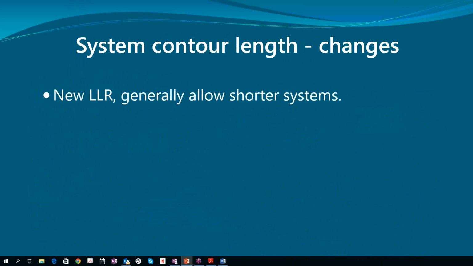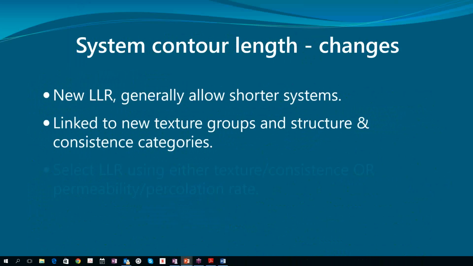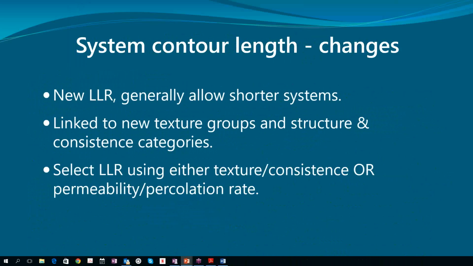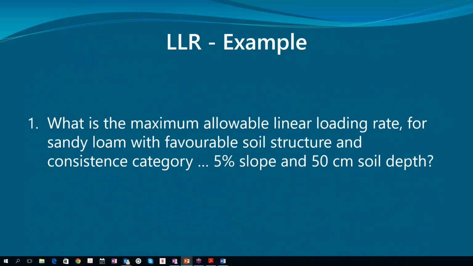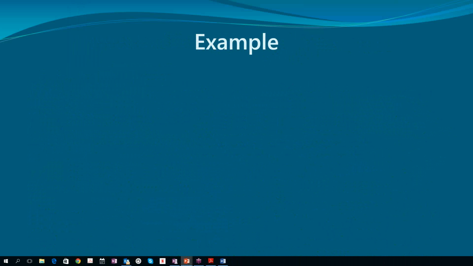And there was a bunch of changes. Linear loading is now much more generous for sandy soils, allows much shorter systems, and it's also a two-pronged approach where you select it based on soil characteristics or permeability and perk rate and choose the most conservative of the two. Had some examples I guess we don't have time for,